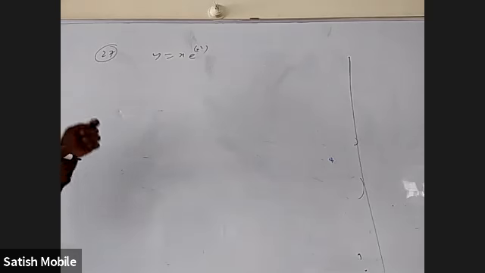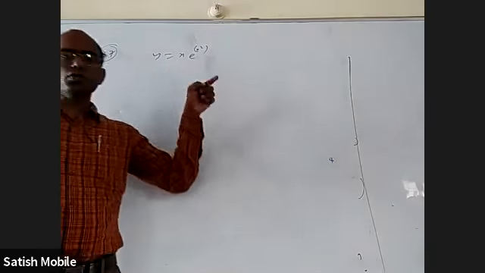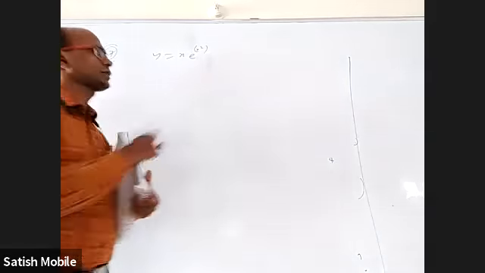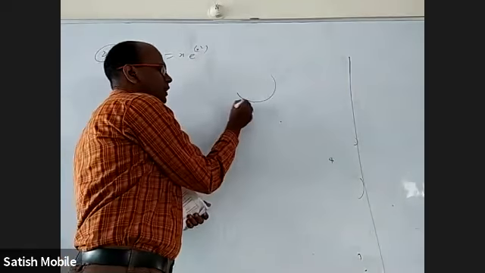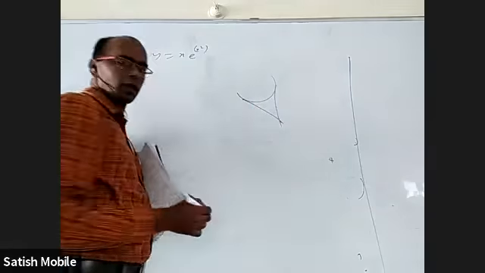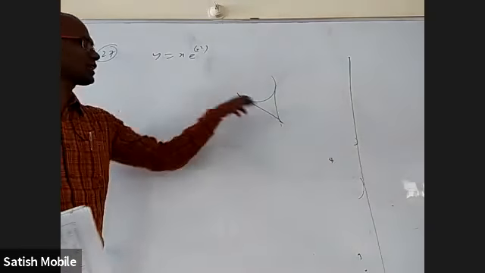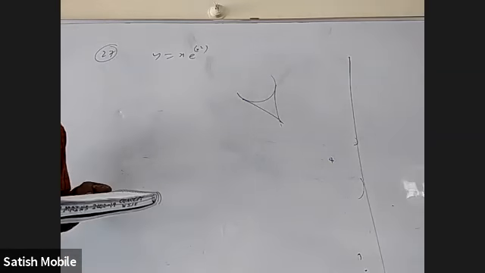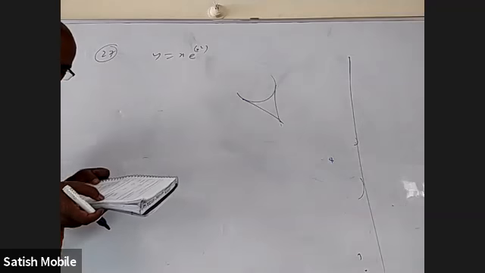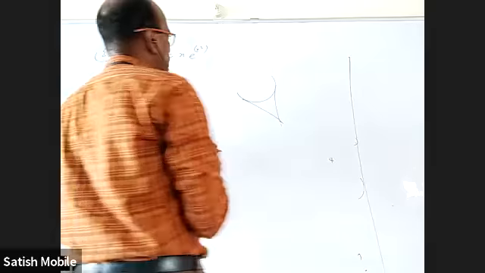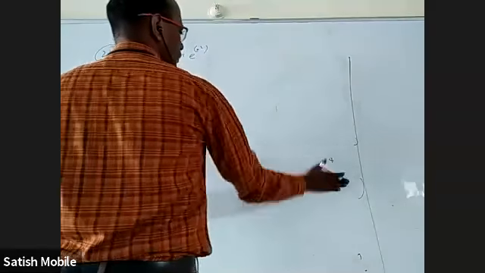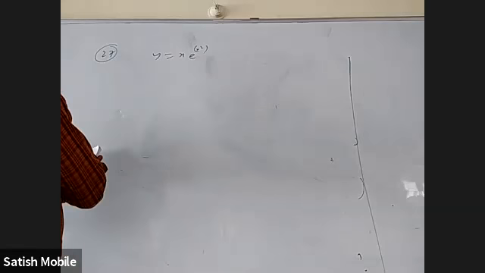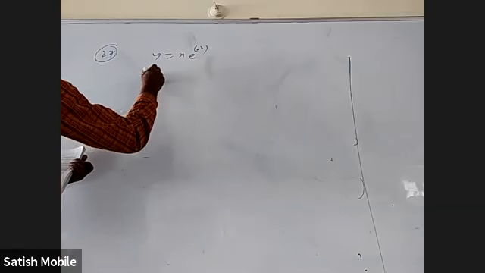Okay, normally when they ask to find the tangent to this curve passing through the point, the point need not be on the curve. The curve can be like this and the point can be outside, and the tangent can pass through it. But here they said that this point is lying on the curve itself, so I'm sure they must be asking the tangent at that point only. So the point given is 1 comma e.